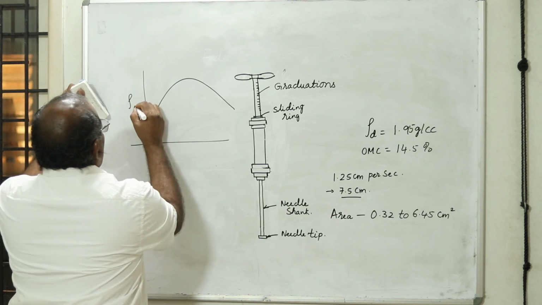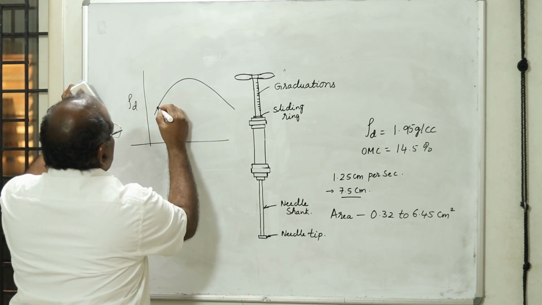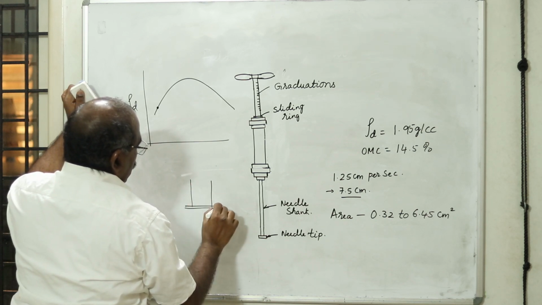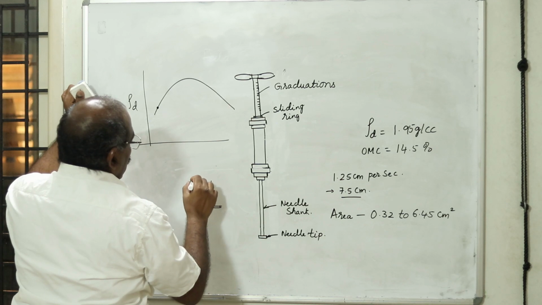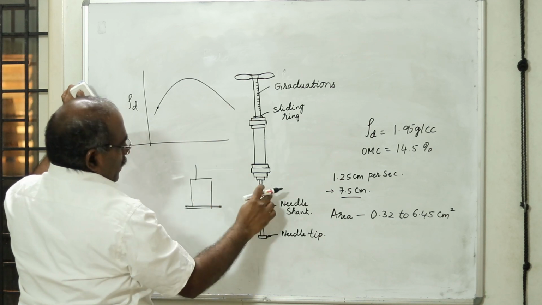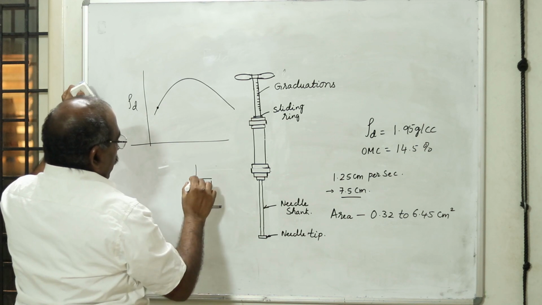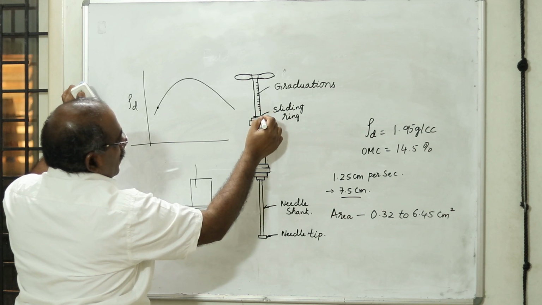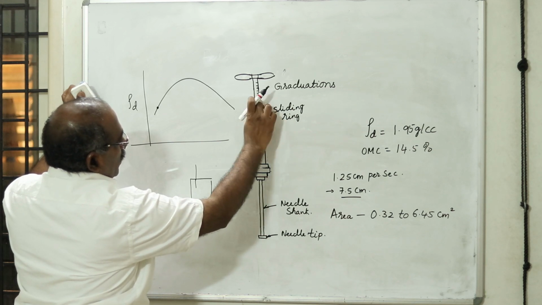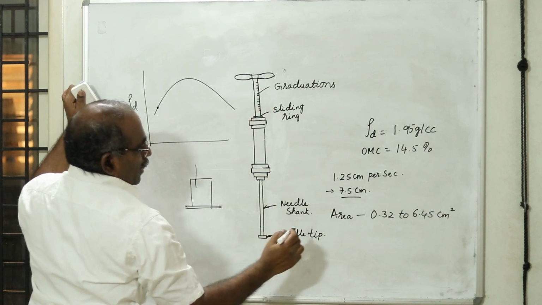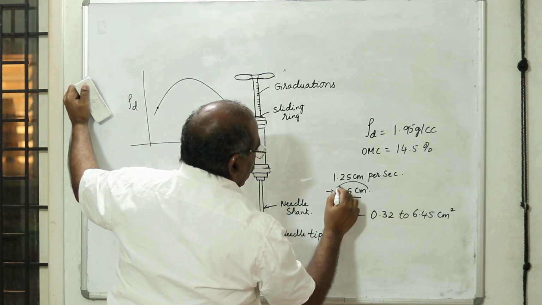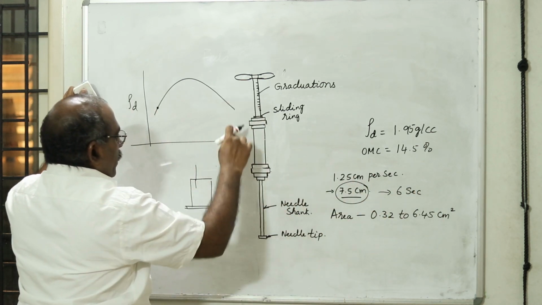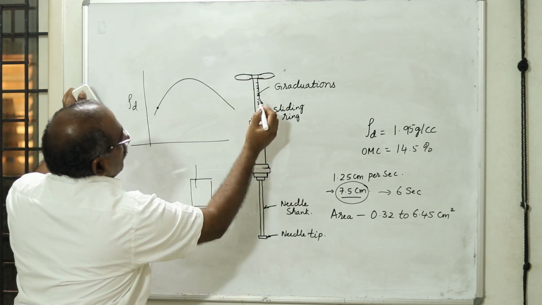Then, after each trial, in the same compacted sample in the laboratory, this is the compacted specimen. Now you remove the collar, you will have the soil sample. You try to penetrate this needle, using this Proctor needle. You penetrate and you find out what is the resistance. When you try to penetrate, you have got the graduated rings. This ring will slide and you know what the graduations are. You can find out how much penetration has taken place. Now, to penetrate 7.5 centimeter, we need 6 seconds. In 6 seconds at this rate, you are going to penetrate inside. Then you note down the number of graduations.